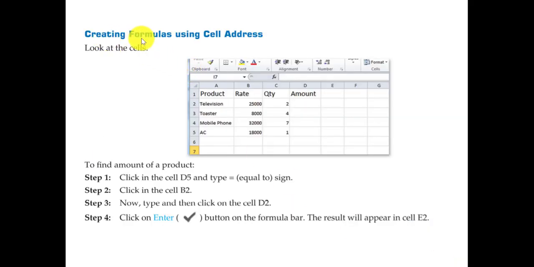Creating formulas using cell address. This is a table. If you want to calculate the amount, the products are like television, rate is 25,000, and we have purchased 2 televisions, quantity 2. Then what will be the amount? We are going to calculate with the help of cell reference. How will we write? In the address bar, equals to